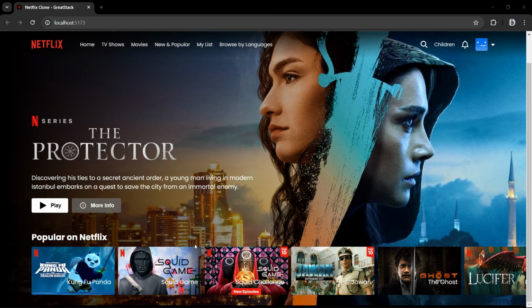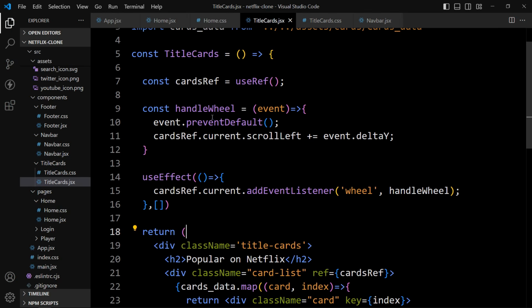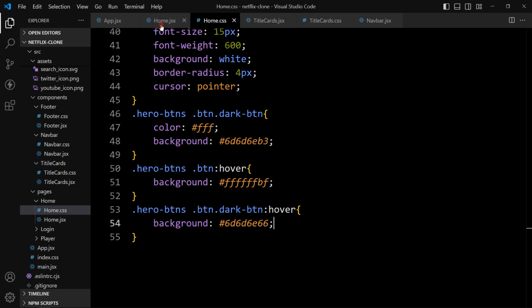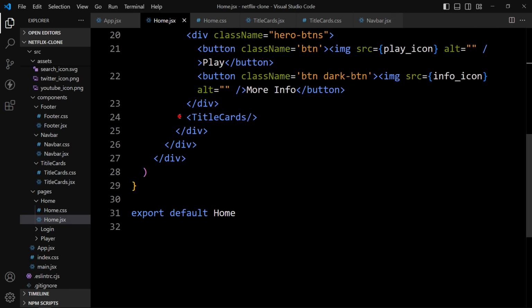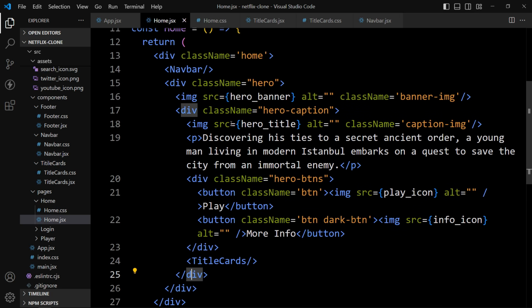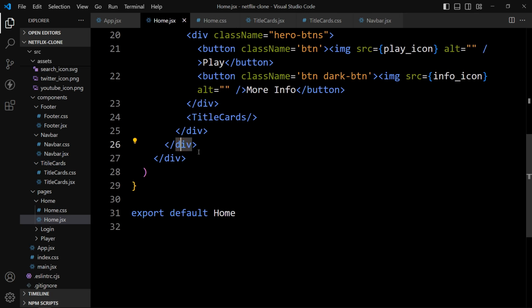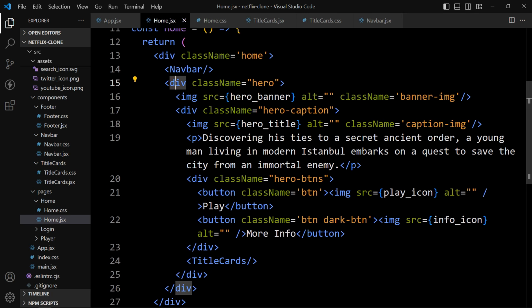Next we have to create multiple cards on this home page. So let's come back, and let's open home.jsx file. You can see we have added this TitleCards here. So on this page, after this TitleCards, this is the closing div for the hero caption, and this is for the hero div.